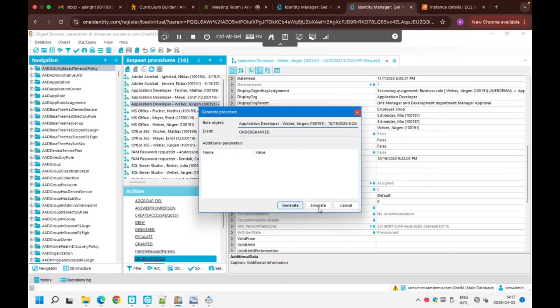We again have two options, simulate and generate. Simulate will show us what events and what processes will be triggered once we generate this, without actually triggering them. It will just show what would be the end result. So if I click on simulate,